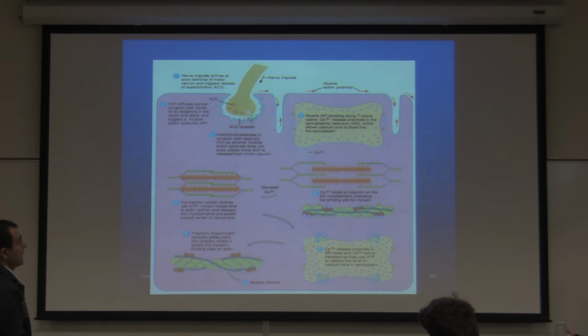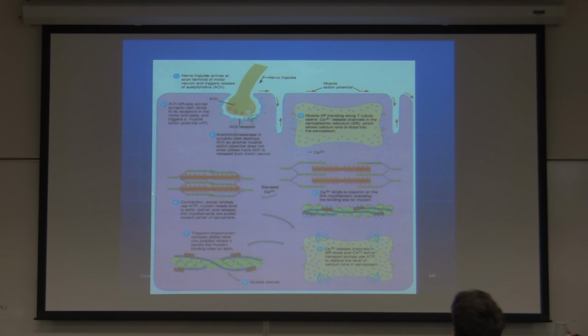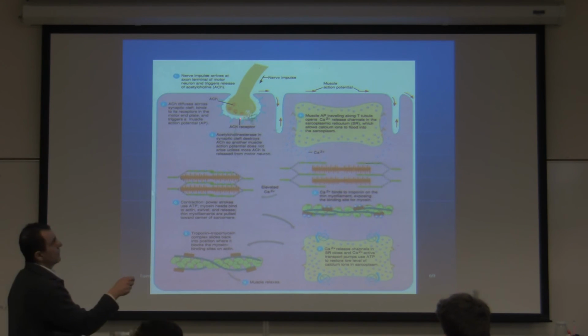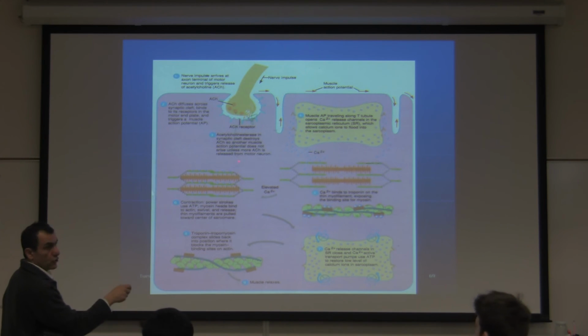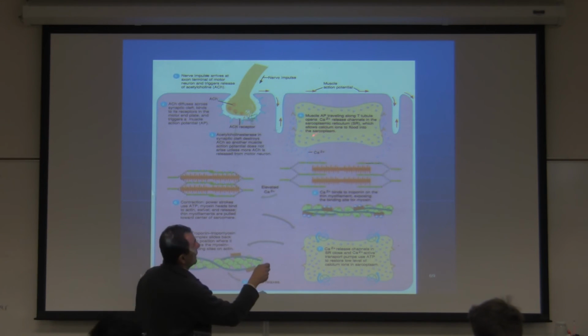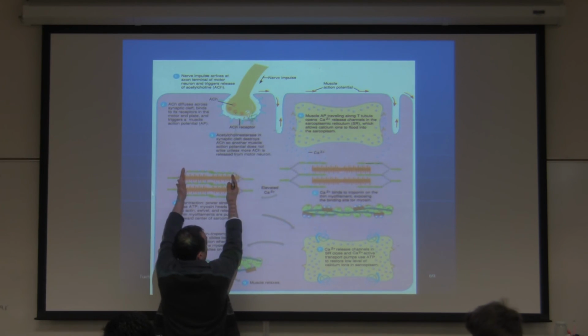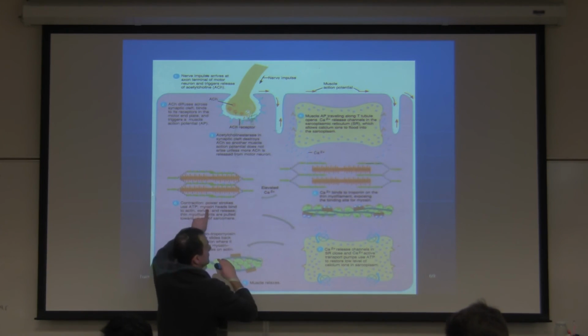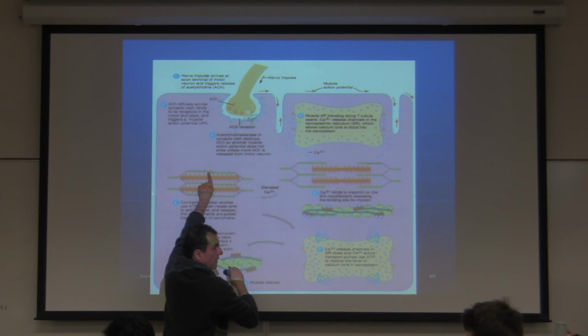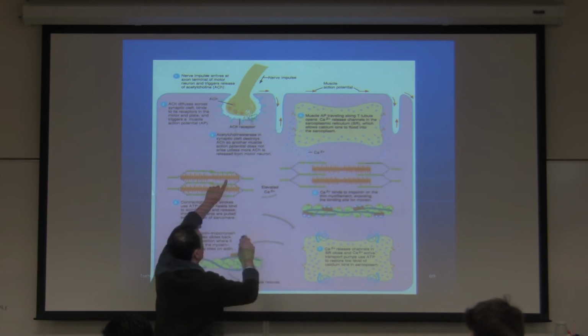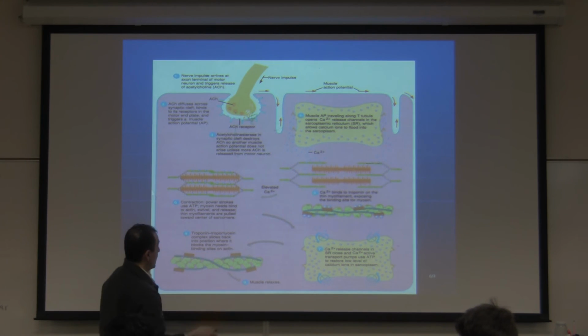Okay. Then here is a sequence of events, very short, summarized, nice and beautiful. Here is the axon knob, releasing acetylcholine. Acetylcholine causes sodium to come inside of the muscle cell. Then inside of the sarcoplasmic reticulum, you have calcium. A lot of calcium is released. It attaches to the actin. The shape of the actin changes. As you can see, the Z lines come together. The H zone disappears. The head of the myosin attaches to the actin and pulls the actin toward each other.